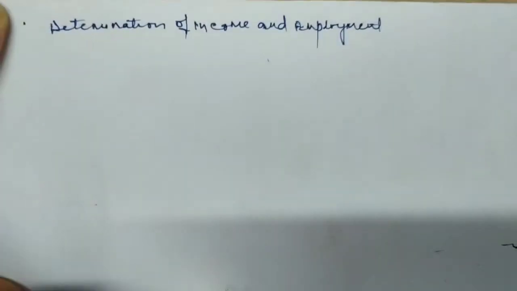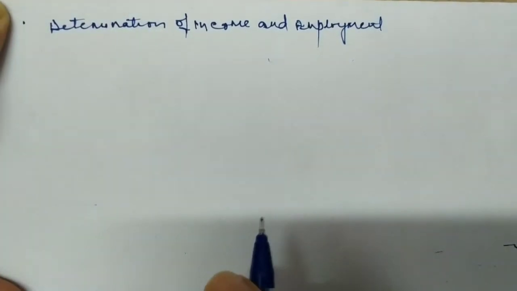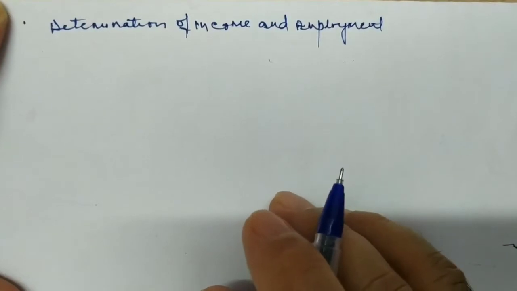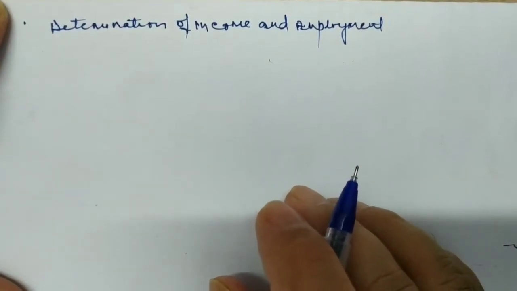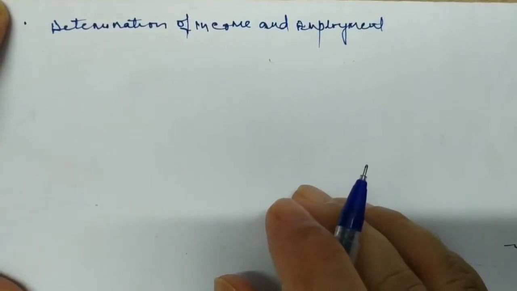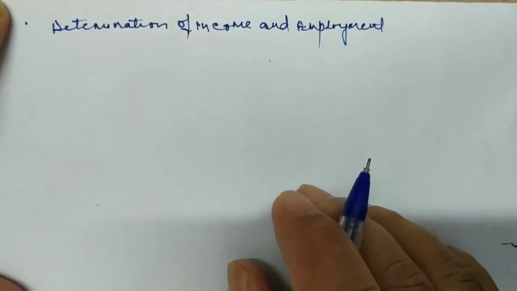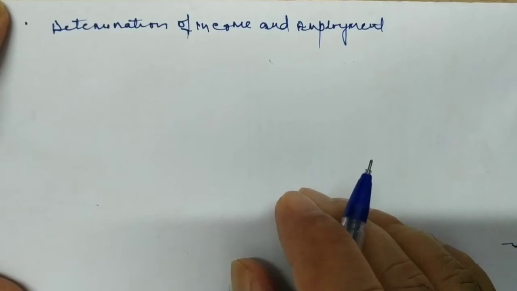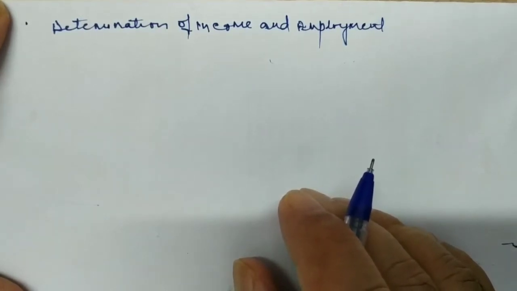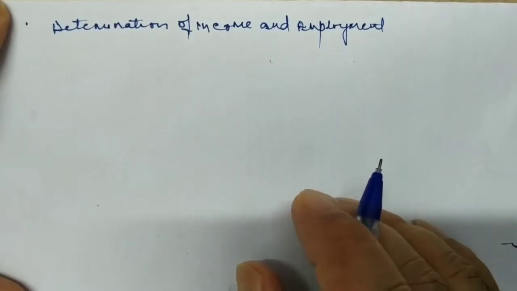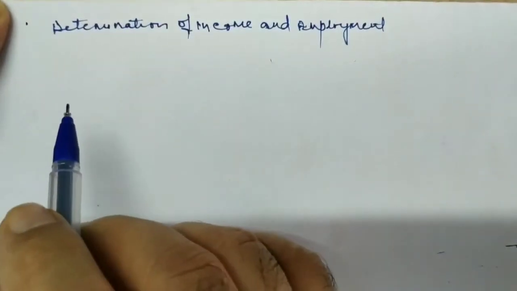Good morning students. Today's topic is determination of income and employment. This is our unit 3. This unit consists of 12 marks. In this unit we are discussing